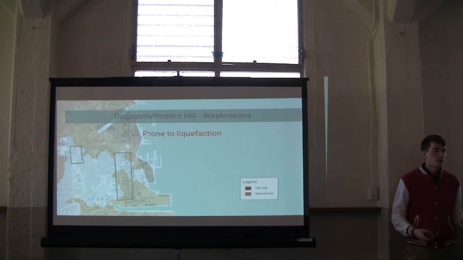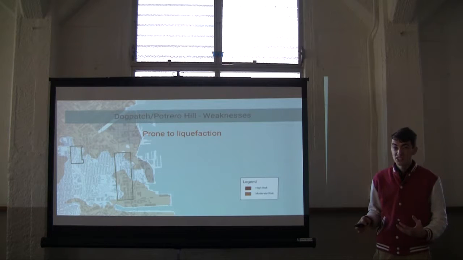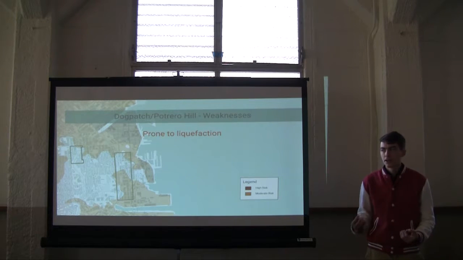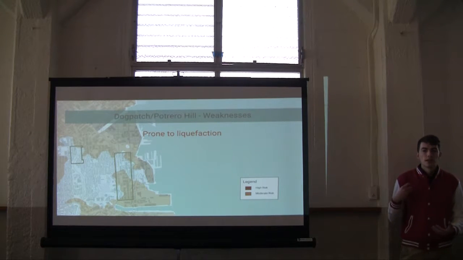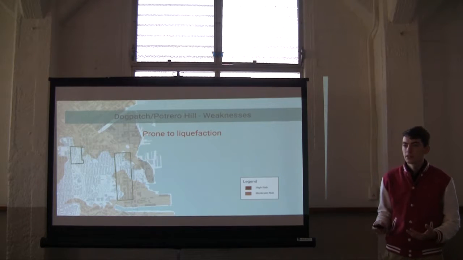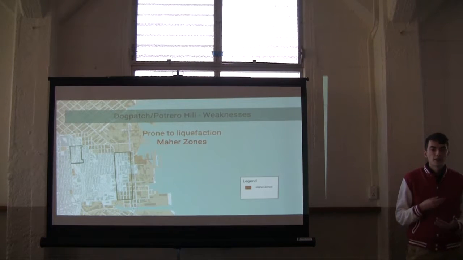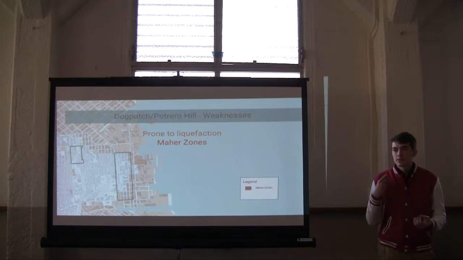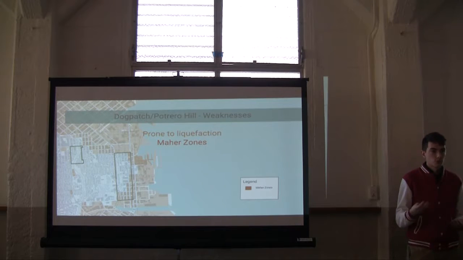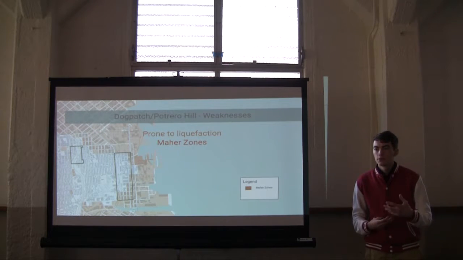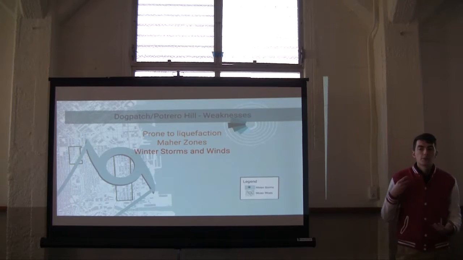But while those things are good, there are some weaknesses. One of the major ones is the susceptibility to liquefaction of the site. The types of soil and the groundwater basically combine during an earthquake event in this area to liquefy and have the potential to cause a lot of damage. Another concern is that a lot of the area is under what is called a Maher zone. That's basically the city saying there is a suspicion of contamination of the groundwater and/or the soil. So there's a combination of possible contamination and susceptibility to liquefaction,